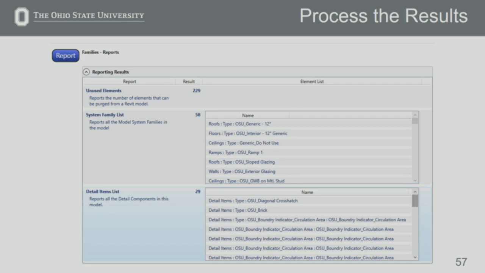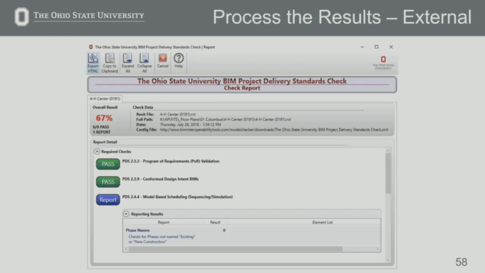Here's an example of one of those reports. Here's your unused elements and your system and your detail item list. And then that was for internal. For external, similar report. What they typically do then, what we had them do is they run this model check,